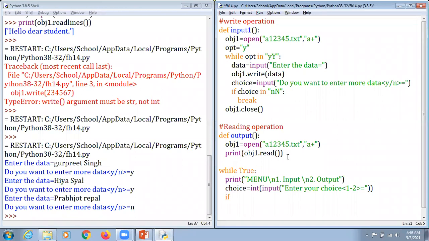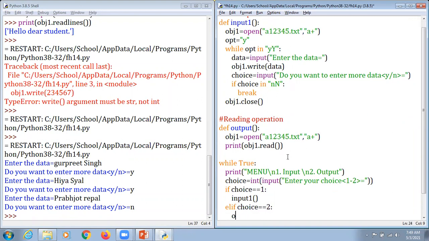Now we are supposed to say if choice is equal to 1, then we call that particular function, which is called input 1. And if choice is equal to 2, we call the output function here.